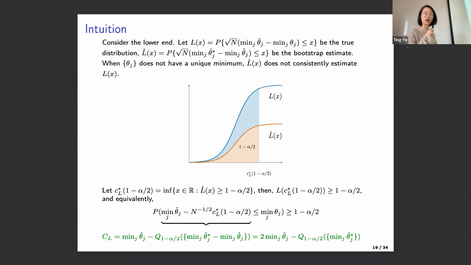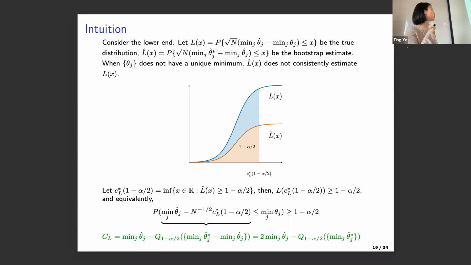There is a little bit of formula at the bottom here, where we find this quantile based on the bootstrap estimate. And then based on this directional inconsistency, we know that the LX probability of this quantile is also larger than 1 minus alpha over 2.